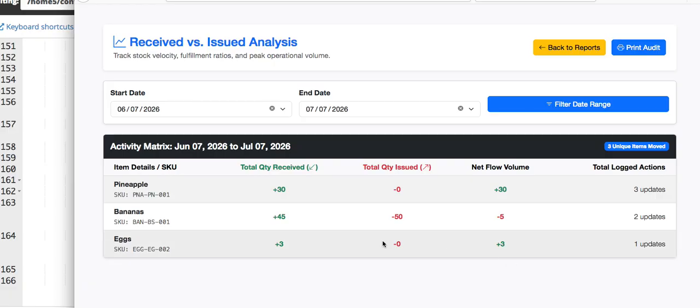We don't have a problem. The problem is with these bananas. You've got two updates, you've got three updates, and it's not moving. So over here you had the 50. It turned out to be 45, which took away the 5. That's okay, and this is how I look at it. Then over here you had the 3, and total issue 0. So the net flow is still 3, but it's not bad.